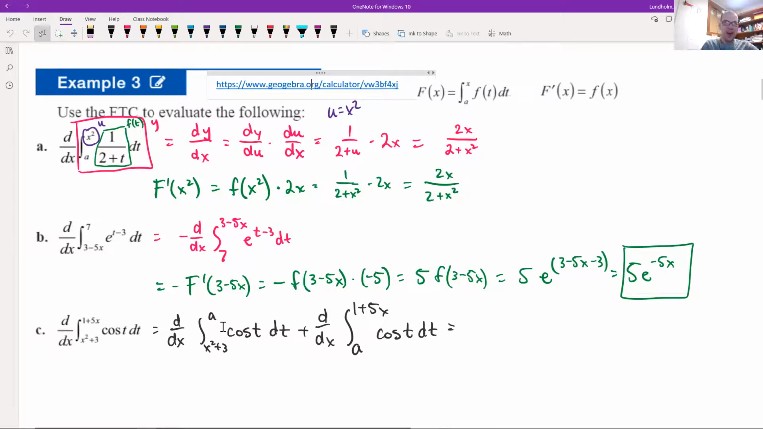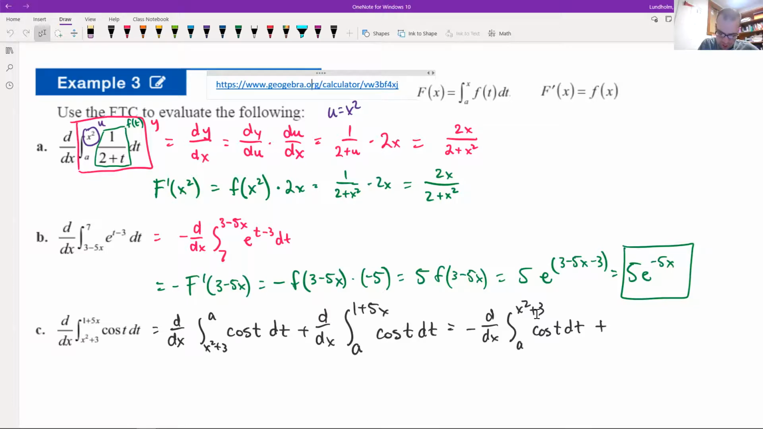And since we make this one opposite, normally we bring it to the right-hand side, just because it's nicer to write a minus sign rather than a negative sign out in front of this. Plus x squared plus 3. Okay, so now we're going from a to x squared plus 3 of cosine t dt